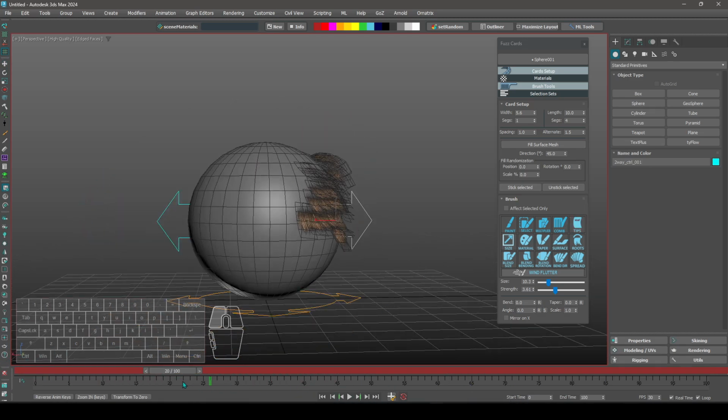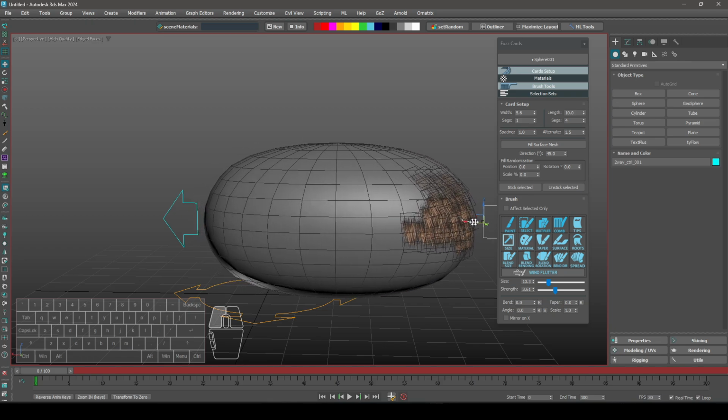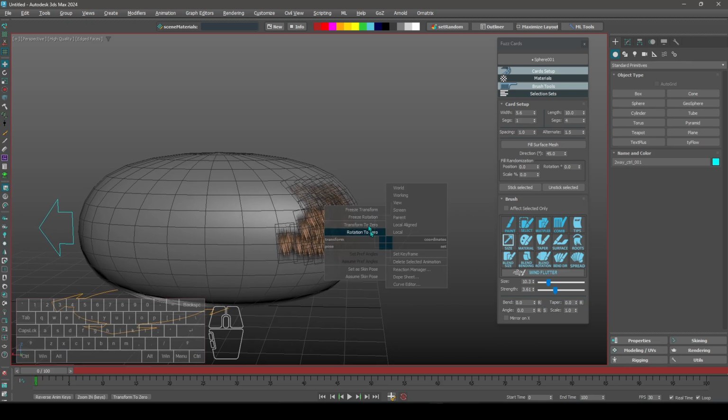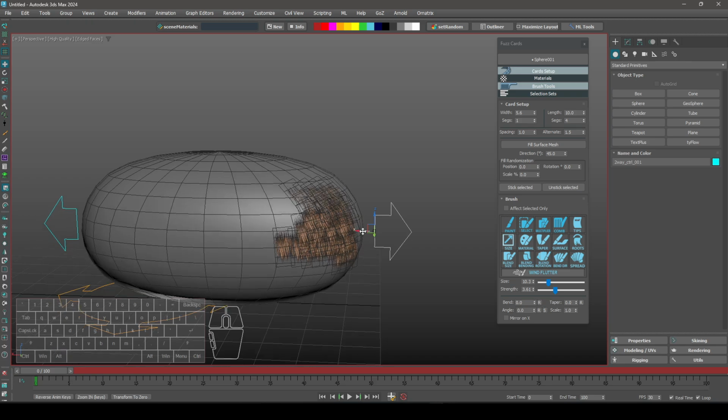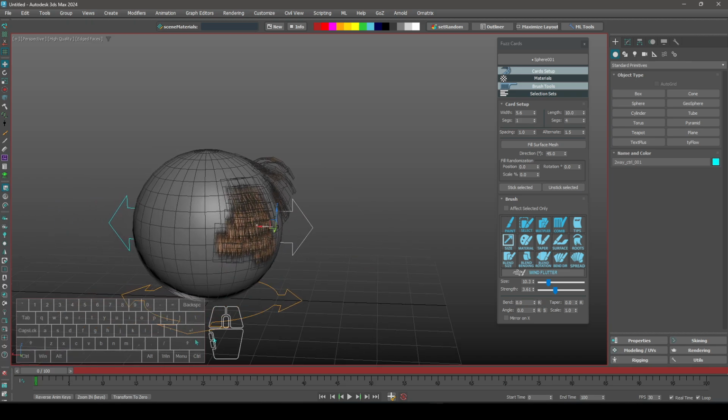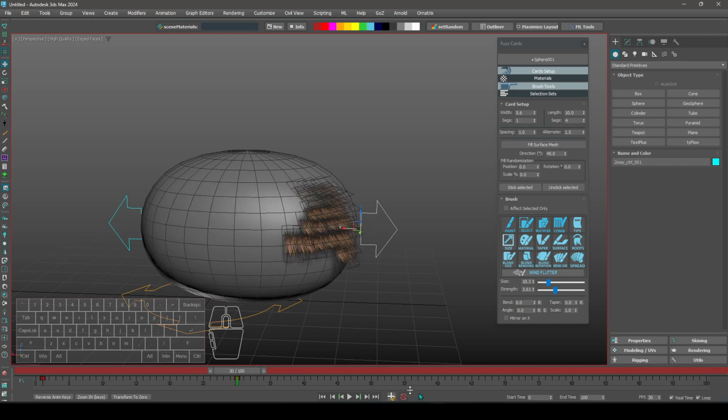Now they are animated, and if I move this here, they're still animated. No, I didn't set it. Anyway, so now I can move this here,